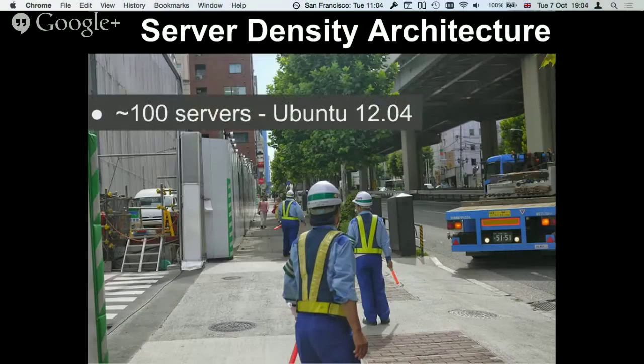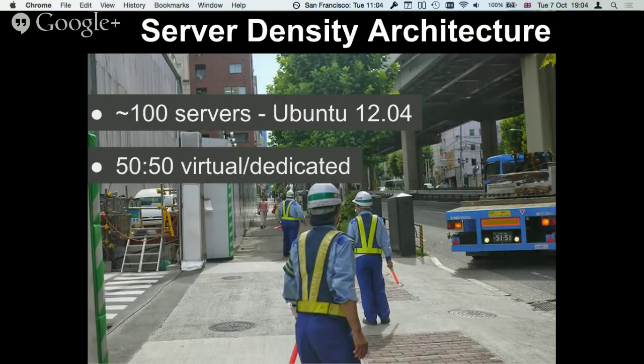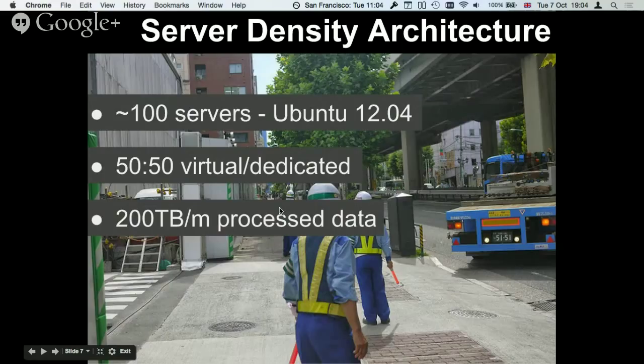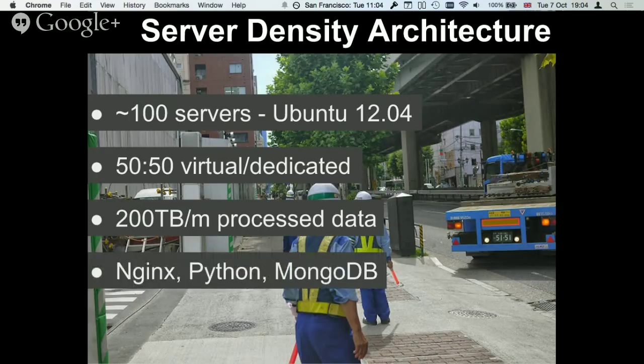The Server Density architecture is we're deployed on around 100 servers running Ubuntu 12.04. This is across 2 data centers within the US, and it's about a 50-50 split between virtual and dedicated instances. We're processing about 200 terabytes of data a month through that, processing the incoming time series data for our customers. And this is powered by a stack mostly made up of Python and MongoDB behind the